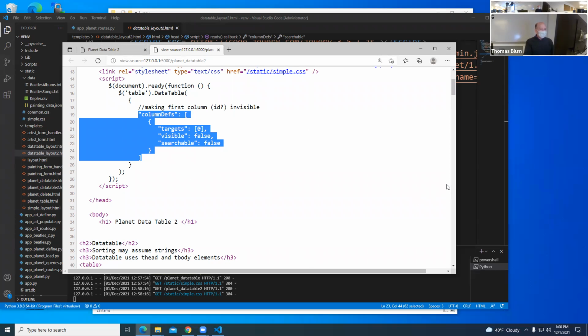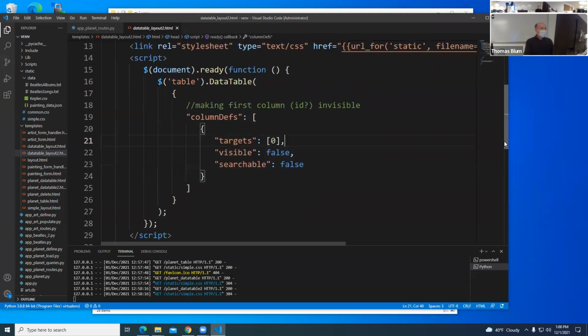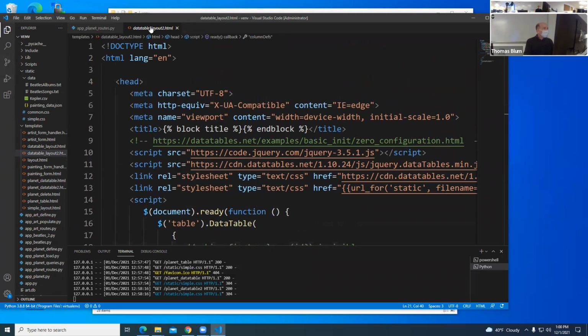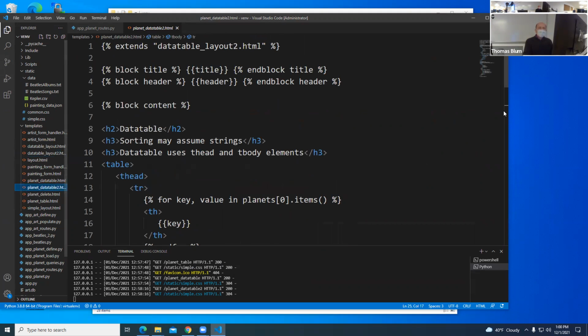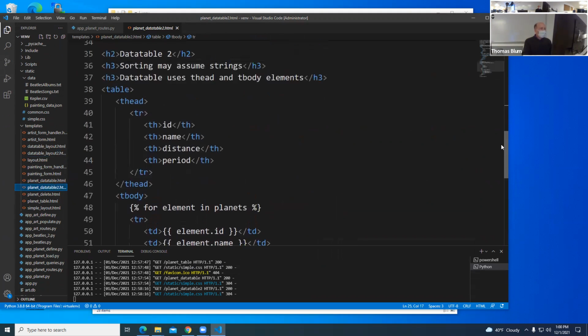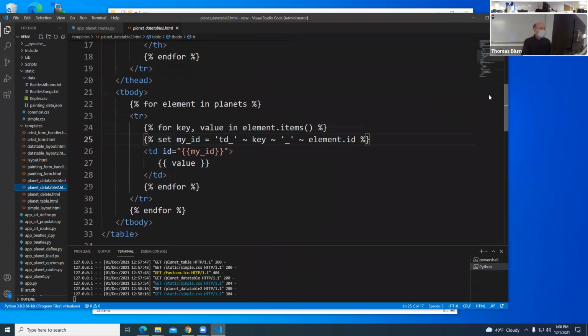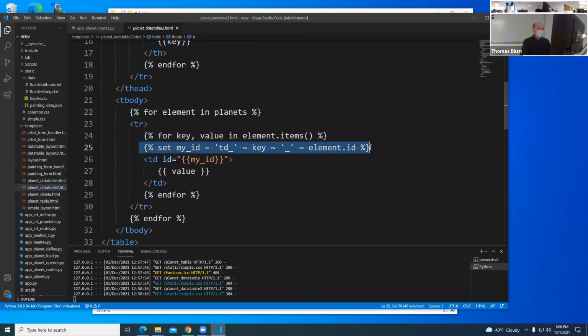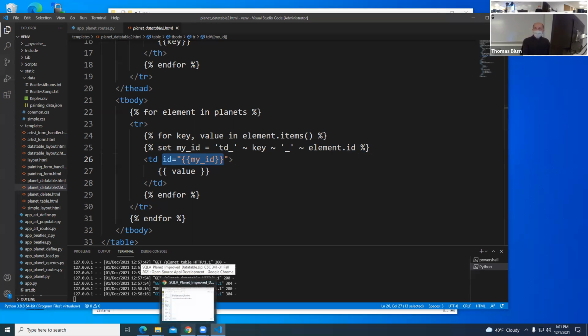And also in the way I wrote the code, it produced, not in data table layout, but in data table 2, I made it create an ID, and then I used the ID, and that gave me those, so that each cell is identifiable. I'm not doing anything with that, but in principle I can because everything's identified. So that's my improved data table.